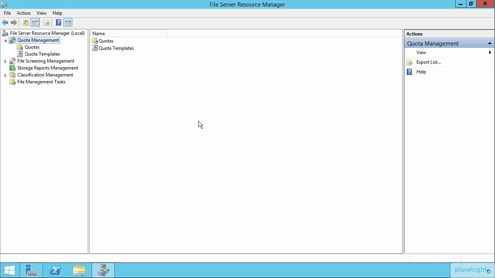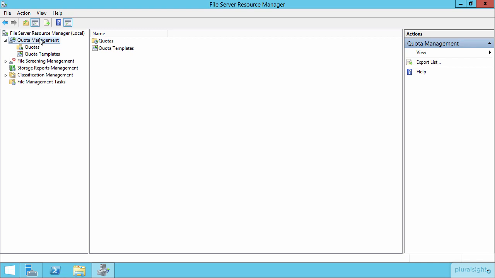Now, in the real world, the location where quota management is used the most is typically with roaming profiles or terminal server roaming profiles. And this has less to do with the idea that you're consuming a bunch of space and space is expensive. It has more to do with the fact that roaming profiles require those profiles to be copied in their entirety every time the user logs in. And so let's use that roaming profile situation as an example here for quota